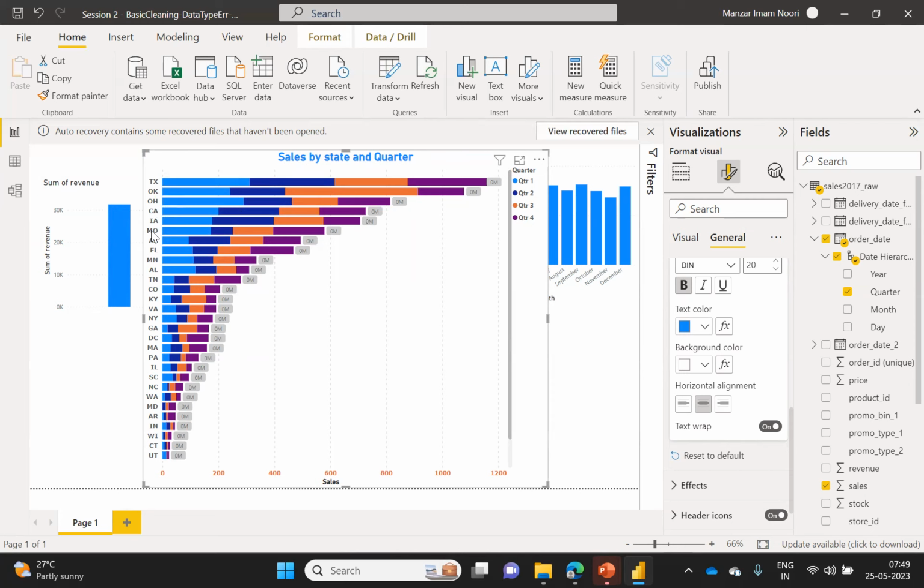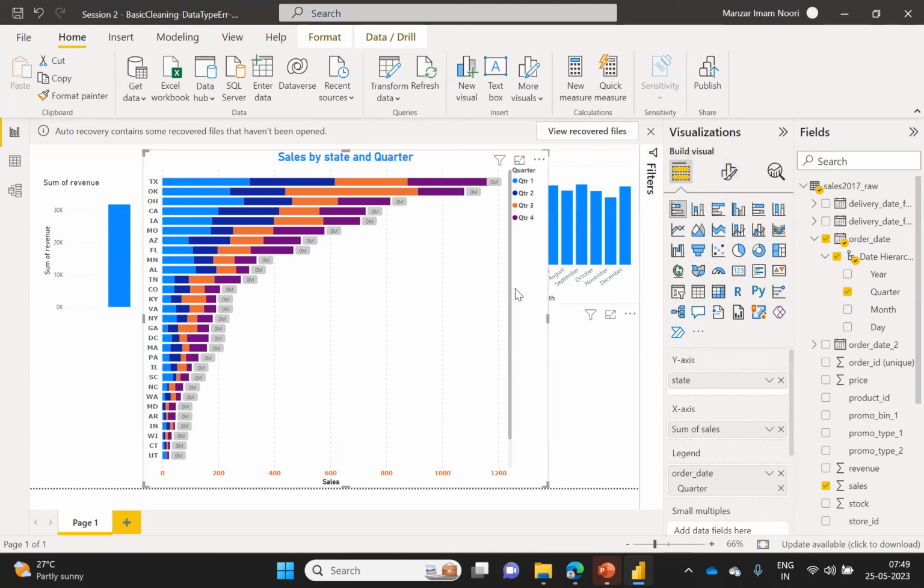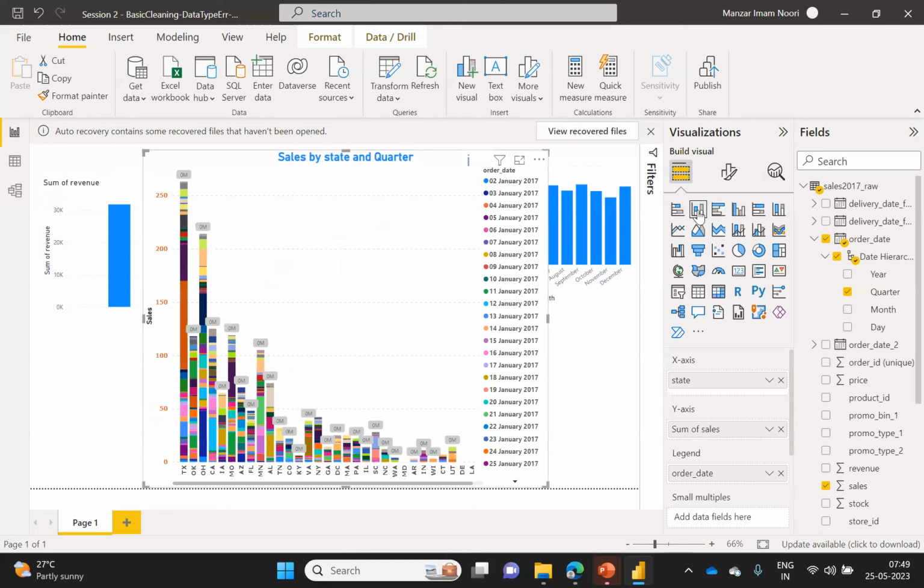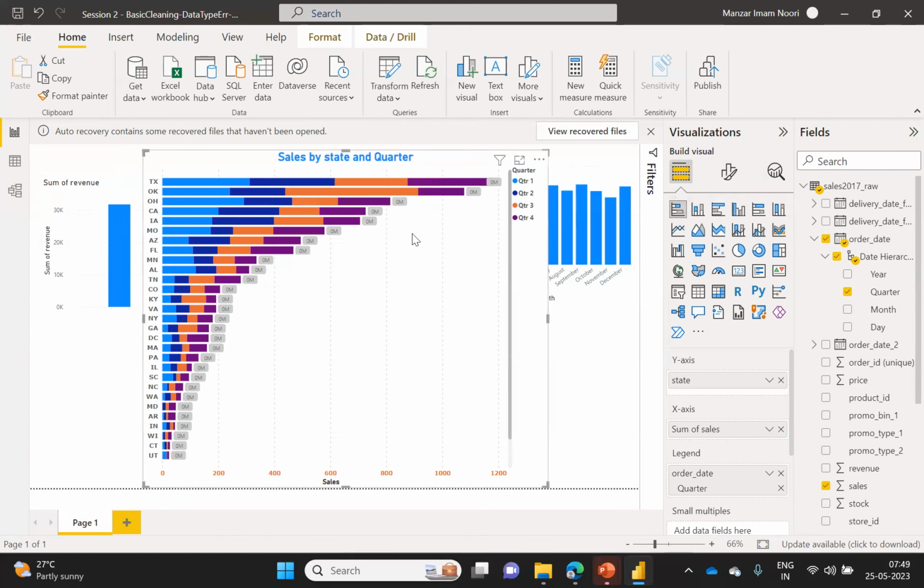Or we have many data points to compare. Like in this case, we have many data points, right? So it is better than the column chart. If we change this to a column chart, you will find this bar chart is better than the stacked column chart. Let's say this is the stacked column chart. You can see that was better than this, right? So that's how you will be